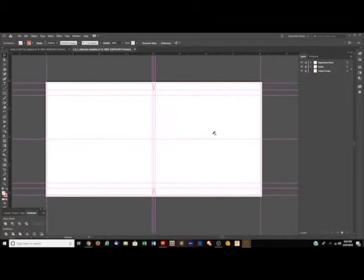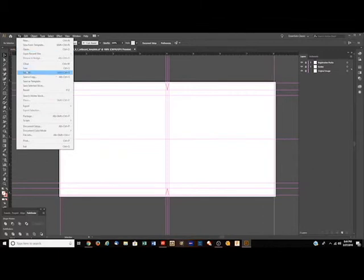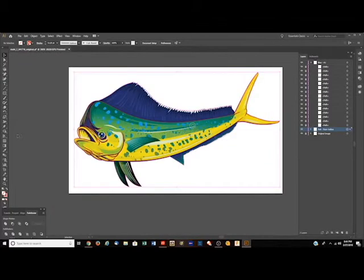I like to keep things locked when I'm done with the file, because if I open it and accidentally hit a key, or something falls on it, I'm safe. So I'm going to save this. Everything's locked. This will be a template for you. So next time, let's just close that out. Next time you're getting ready to do a tumbler,